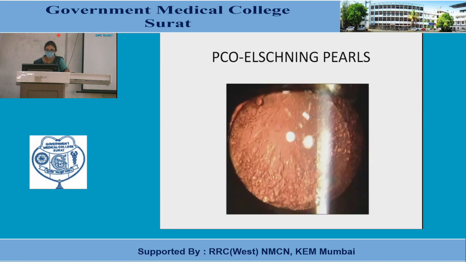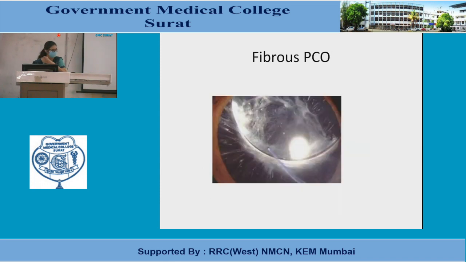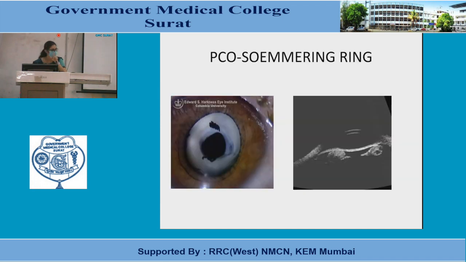So these are the pictures. There are 3 types of posterior capsular opacification, usually a short note for PCO. Which are the types of PCO and how you manage PCO, that much has to be very clear. So there are 3 types of posterior capsular opacification. One is your Elschnig pearls, so you have a droplet-like opacity. The other variety is fibrous, which is just a membranous type of posterior capsular opacification. And the third variety is the Soemmering ring, which is in the peripheral part.